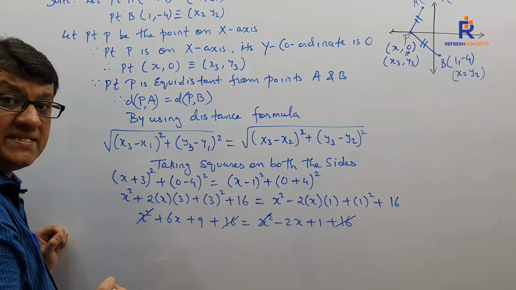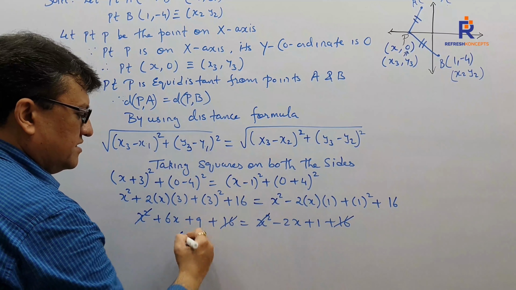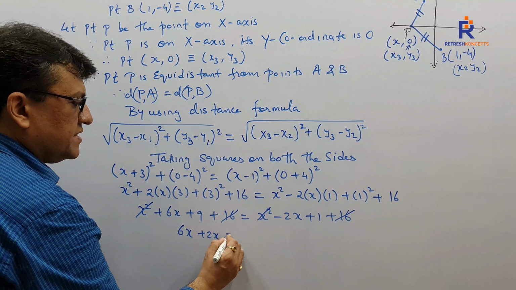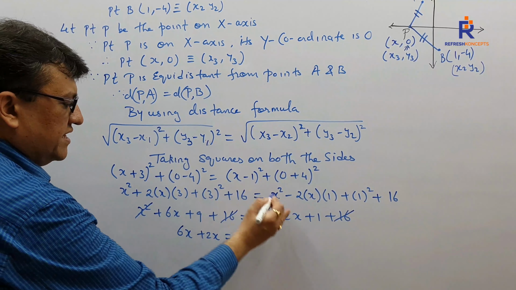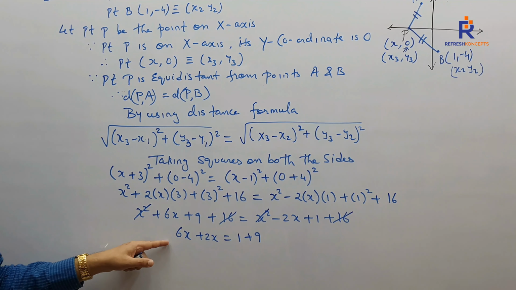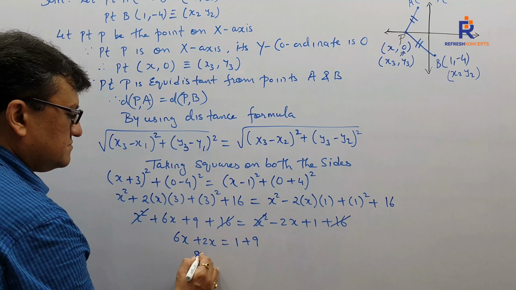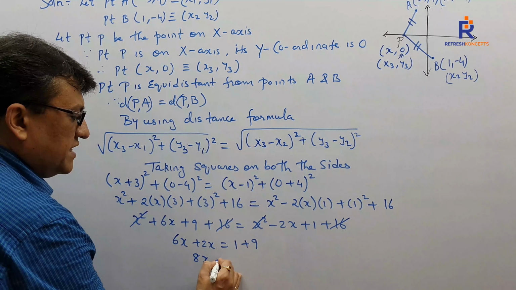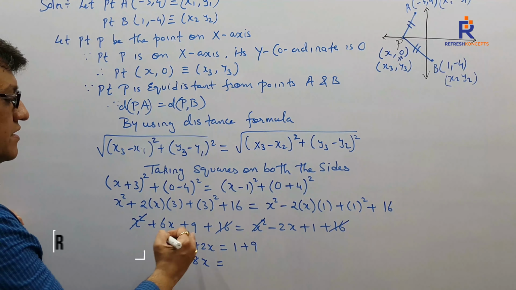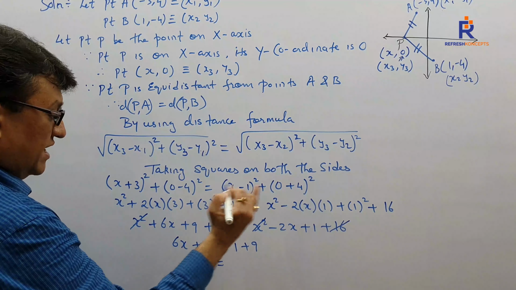Bring all the x on one side and constants on the other side. 6x, bring this here, plus 2x is equal to 1, bring this there, plus 9. 6x plus 2x, 8x is equal to